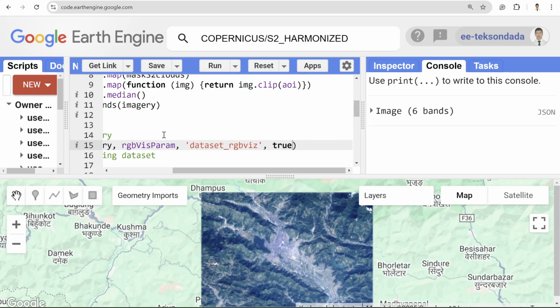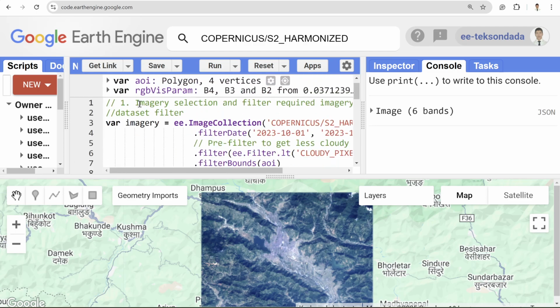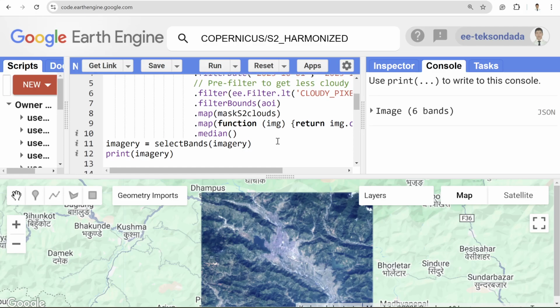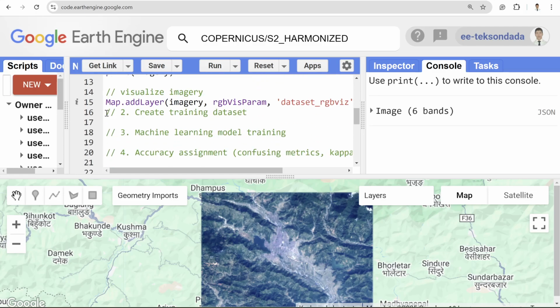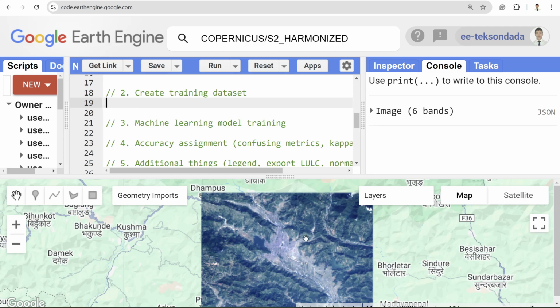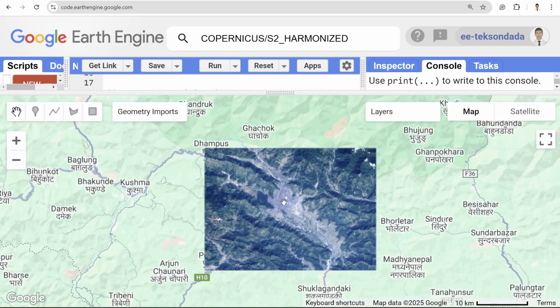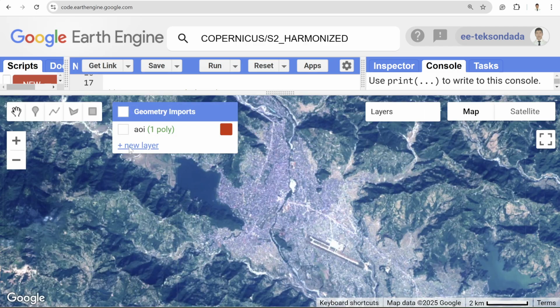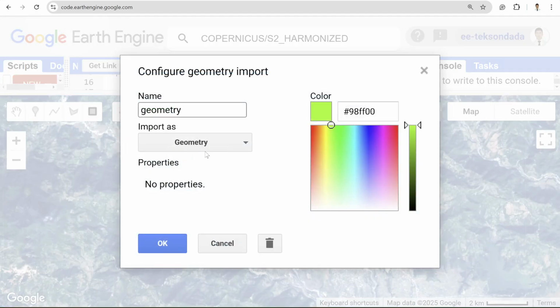All right, so this is the first step. It's about simply selecting imagery and filtering the required bands, or filtering based on cloud or the area of interest, right? And now the second step is to create the training data set. Of course, we are going to create the data set within this GEE portal. In order to do that, first of all you need to create a new layer, and for the new layer you can say whatever class you want to create, right? For now I would say